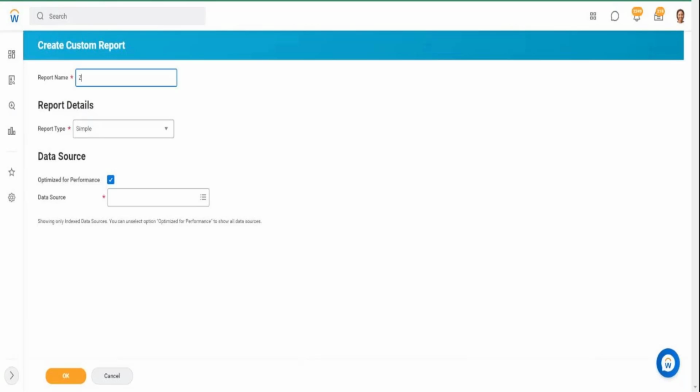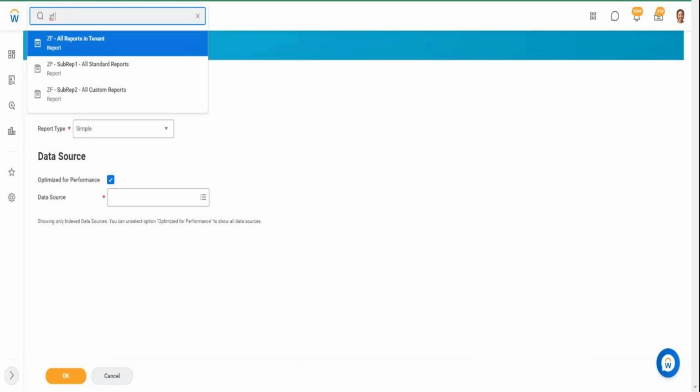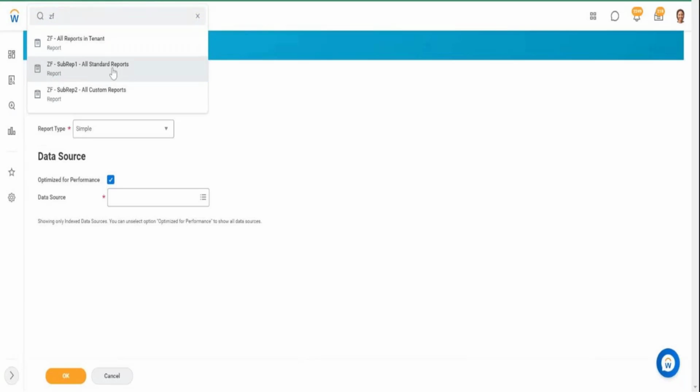Okay, so what I'll do is ZF. This is sub report 1, and I think I have this created already. Yeah. So I have created two reports. One is this one, sub report 1, right? Yes. Okay. And this basically gives me a list of all the standard reports available in the tenant along with the total. If I go to the report definition real quick,